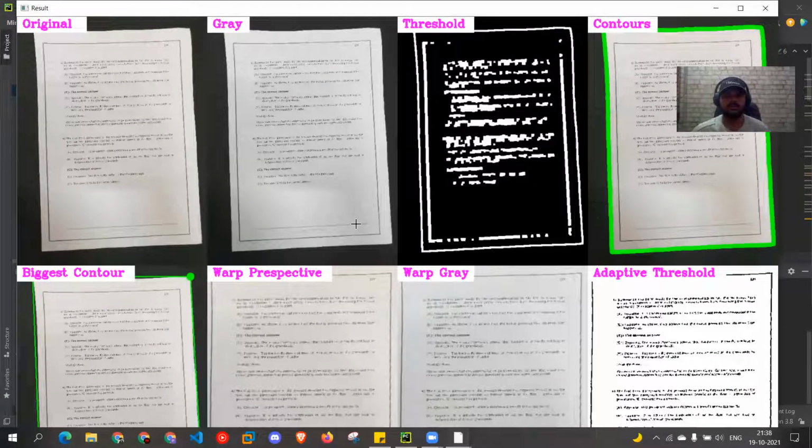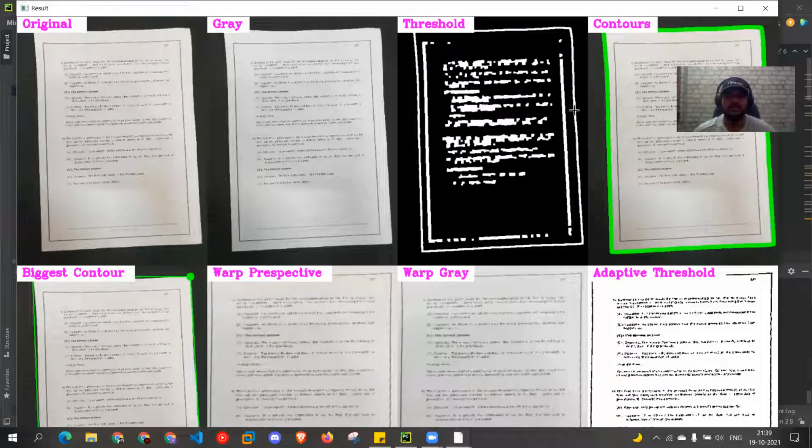First we get the image from the webcam, then we convert that image to grayscale, and then we apply edge detectors to find edges. After that, we find contours in the image, and then we choose the biggest contour from the image. Then we use warp perspective to get the desired image. After this, we apply adaptive thresholding to get the scanned paper feel. Finally, we save the image to a folder by pressing the S button. So this is the project pipeline.